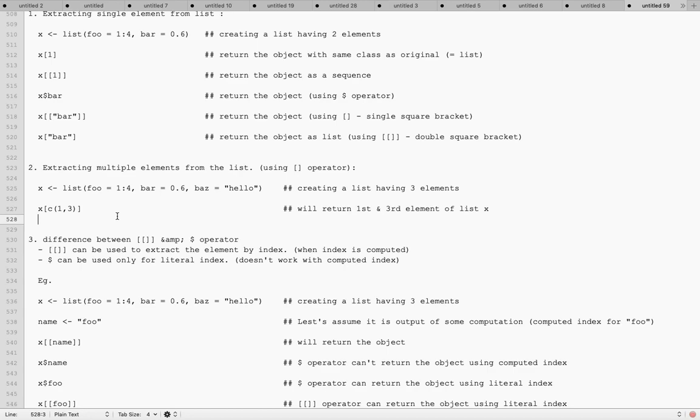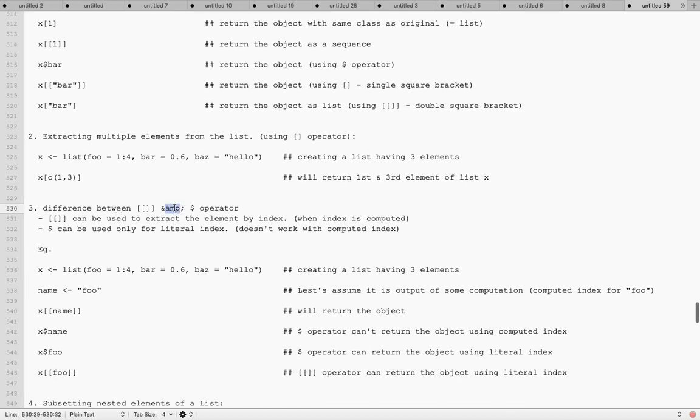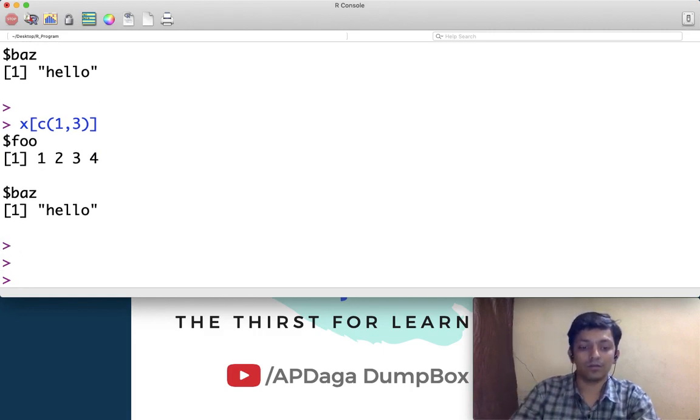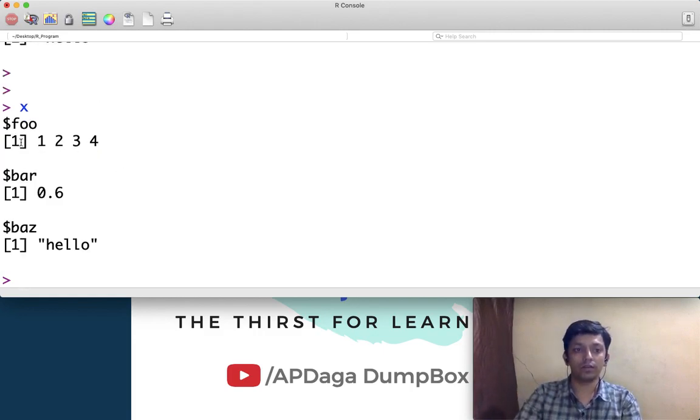Now we'll talk about the difference between double square bracket and the dollar operator. Double square bracket can be used to extract an element by index, even when the index is computed, but dollar cannot be used for the same. I'll make it simple to understand. Here for x, the index is 1, 2, 3.